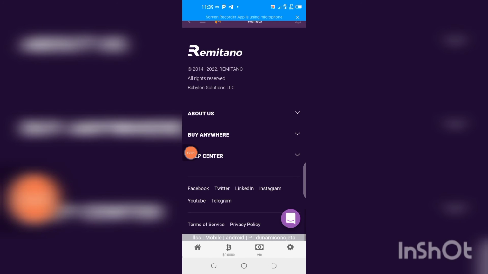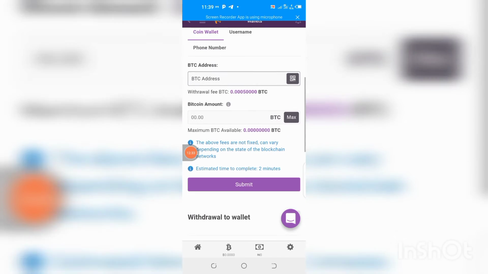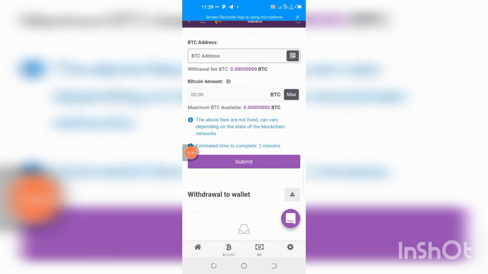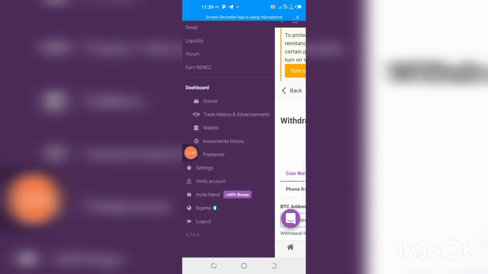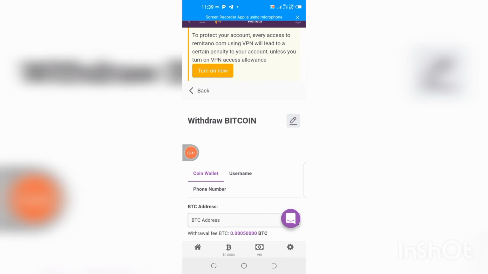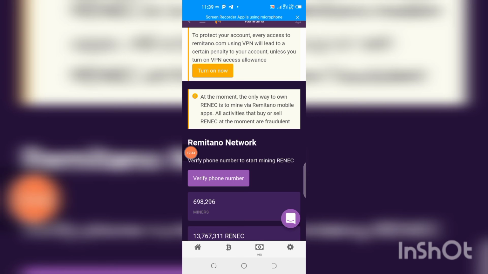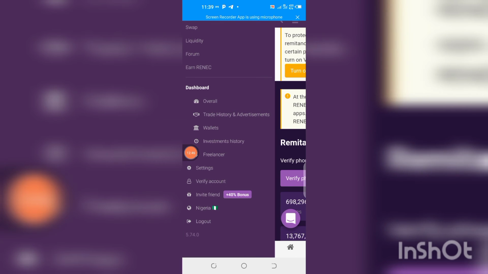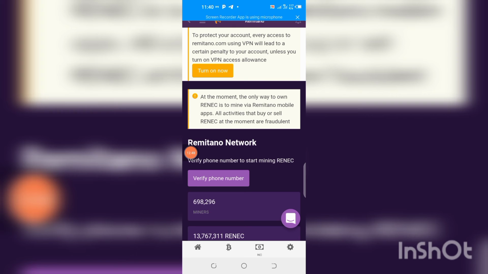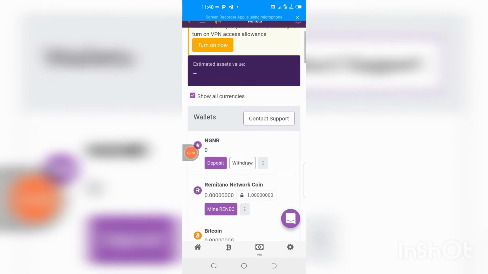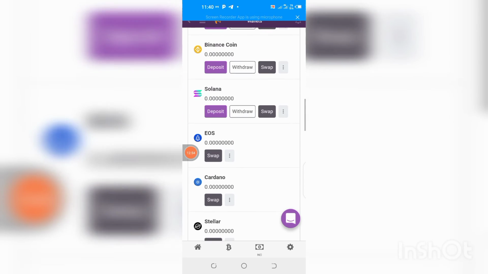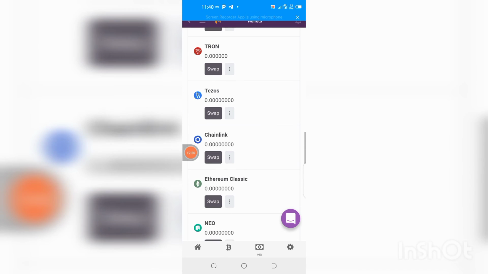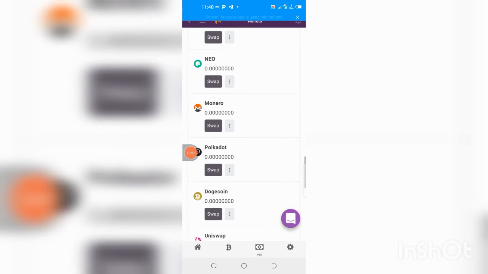If all these coins have their own value, and we are buying them with money, definitely when Renec is launched, it cannot be lesser. We have all these coins here now. When Renec is launched, it cannot be lesser than all these coins that we have here,